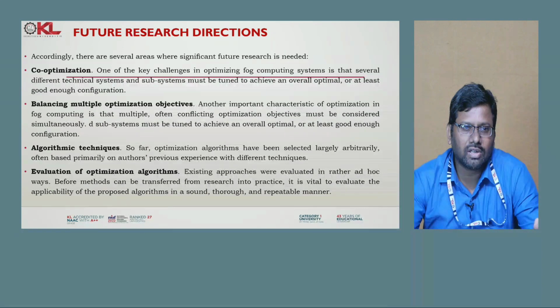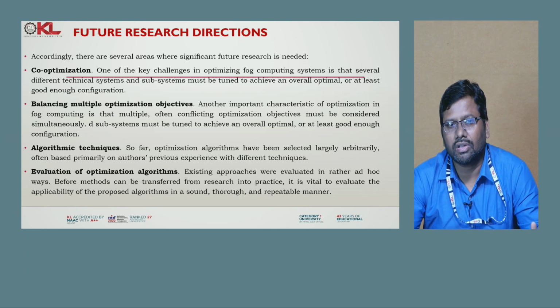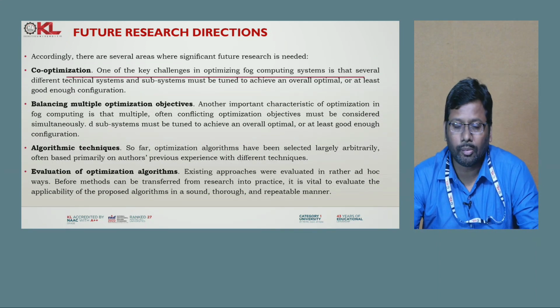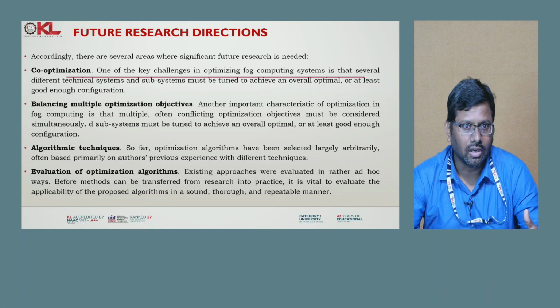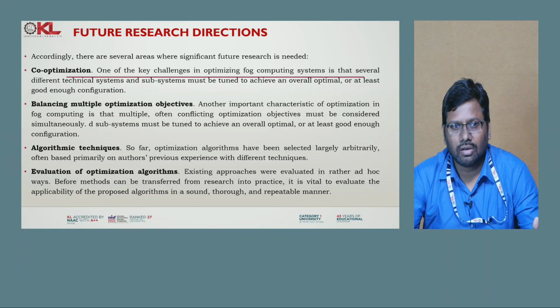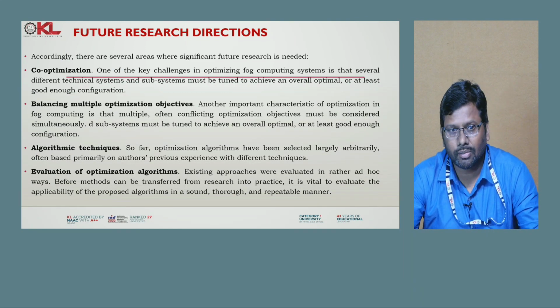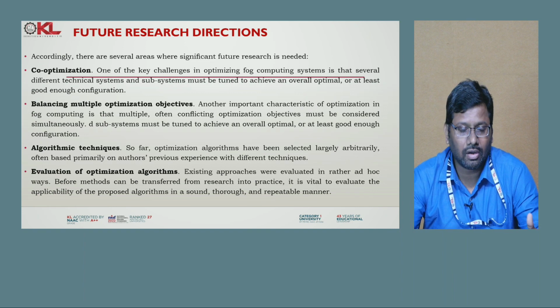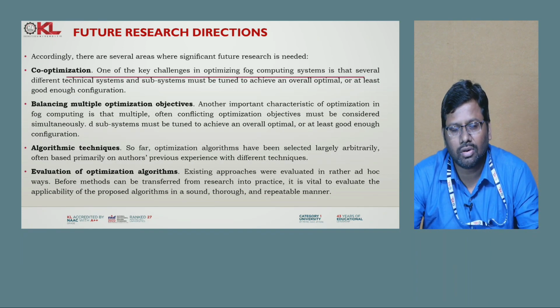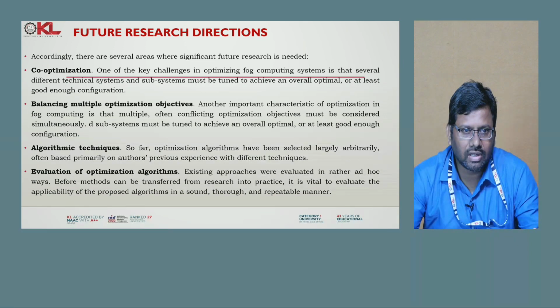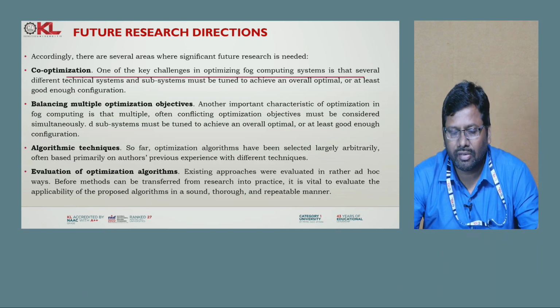Future enhancements that could be done with co-optimization. Not only optimization: when we are running an application, coordination of devices and coordination of the resources is very important. It doesn't matter that one resource is working with optimality and another is not. Suppose in a class, if everyone gets a placement, then we could say that 100% placement has been acquired by the class. It doesn't matter if, out of 60, 10 grabbed high packages; we could not say that 100% placement has been achieved. Similarly in co-optimization, between the resources which are helpful for running the application, optimization is very important.